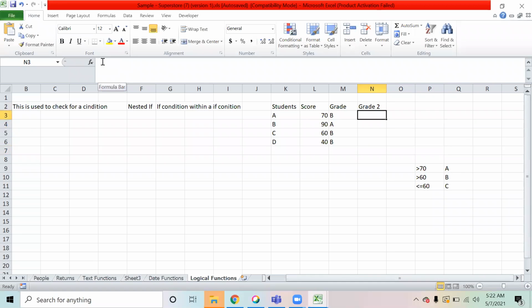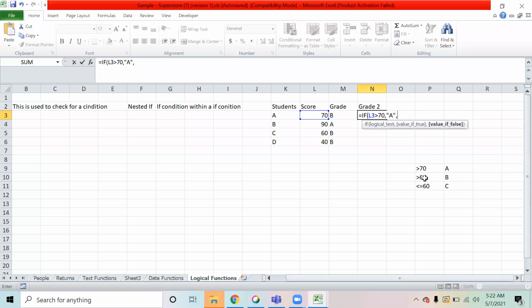So what we do is we say equal to if. Now I can only give one condition. I am saying if this score is more than 70, what should happen? I want to give him the grade A. Now if the condition turns out to be false, I want to check it again.